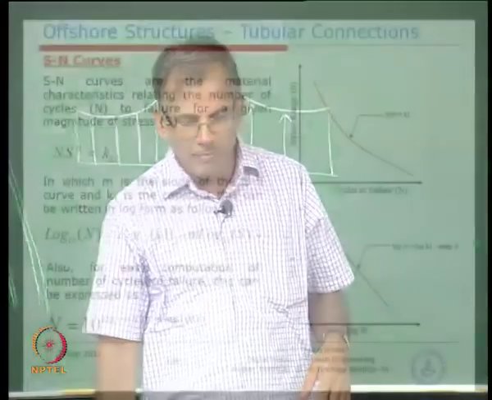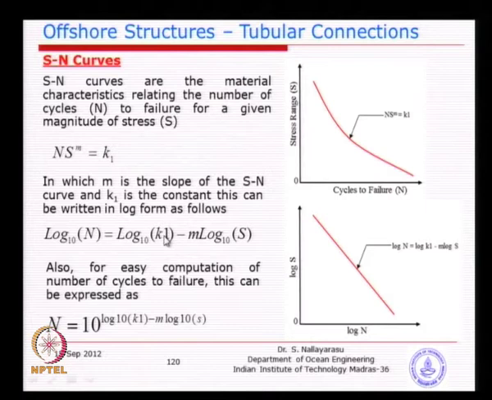So, depending on the type of joint, there is the K value, or the K1 value. The reason we do not want to use K is that K is normally used for other variables. That is why most of the references use just K1, and some of the codes use K2.